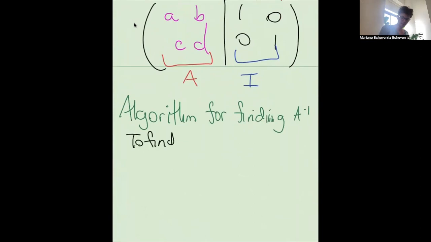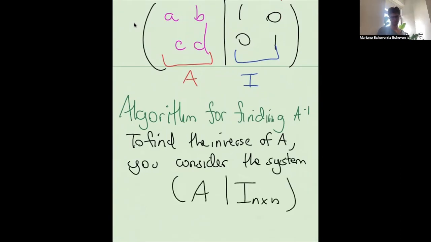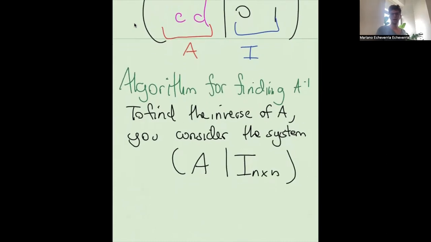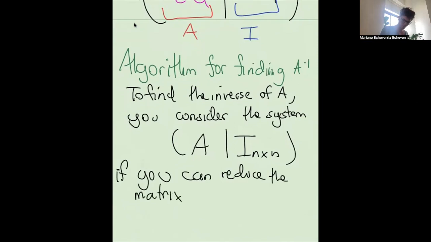To find the inverse of a matrix, you consider the system A with the identity, and you try to reduce A. If you can reduce the matrix A to the identity matrix,